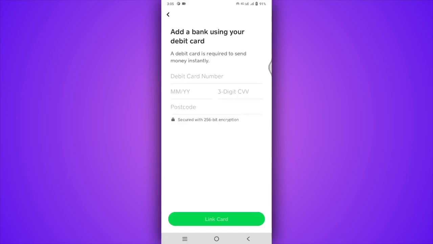After that, you just have to enter your EBT card number, month, expiry date and CVV and simply tap on link card on the bottom. After that, you can simply go back now